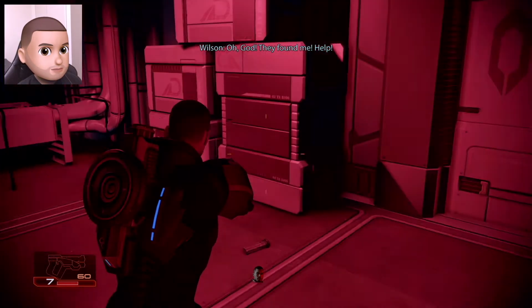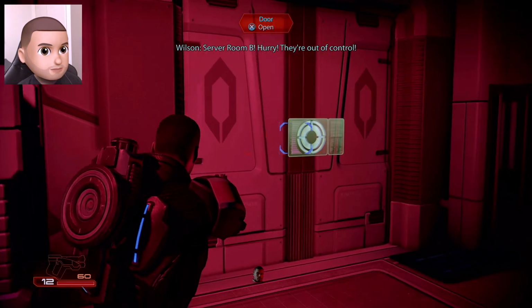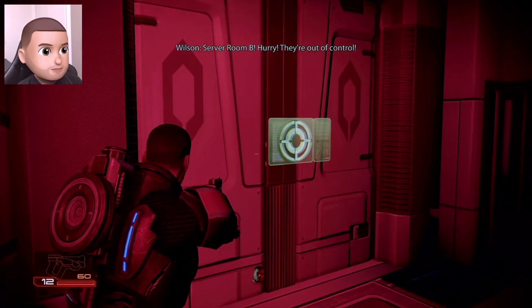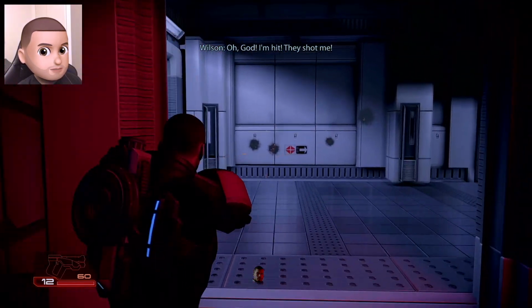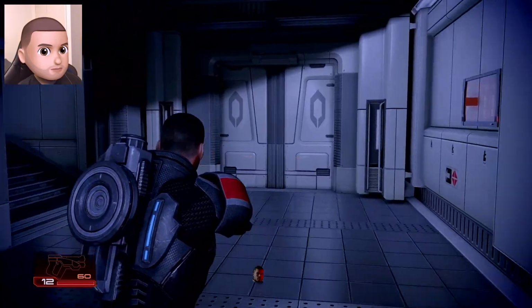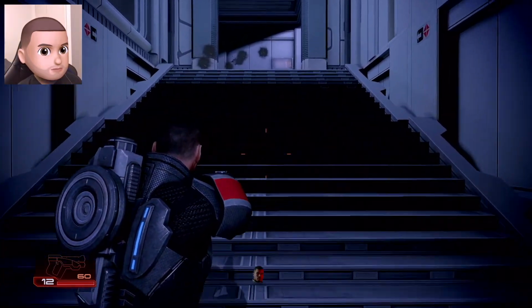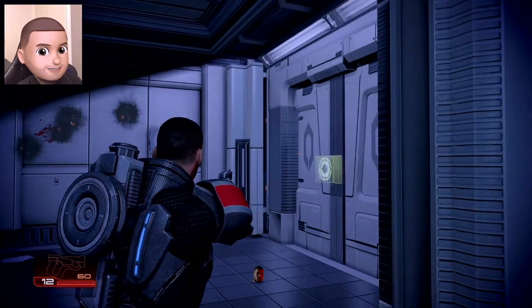Oh God, they found me. Help! Wilson, where are you? Server room B. Hurry! They're out of control. Up those stairs, Shepard. Oh God, I'm hit. They shot me. I don't know if shouting is the best course of action, Wilson. But